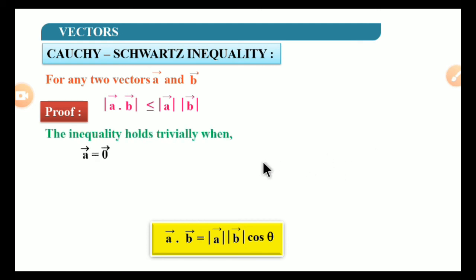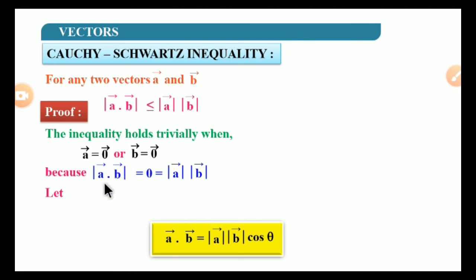The inequality holds trivially when vector A is a 0 vector or vector B is a 0 vector, because the magnitude of A dot B is equal to 0, which is also equal to the magnitude of A times the magnitude of B. Both are already 0, meaning the dot product is also 0, so the value of this magnitude is definitely equal to 0. And now let